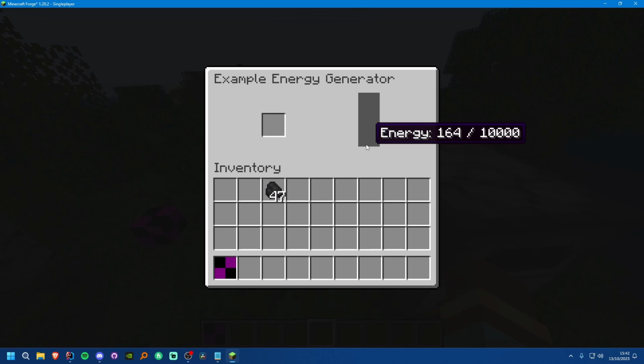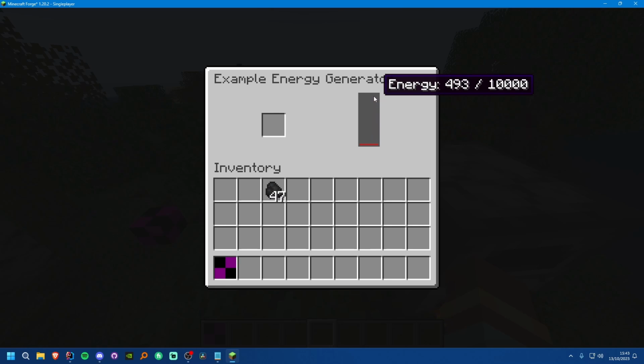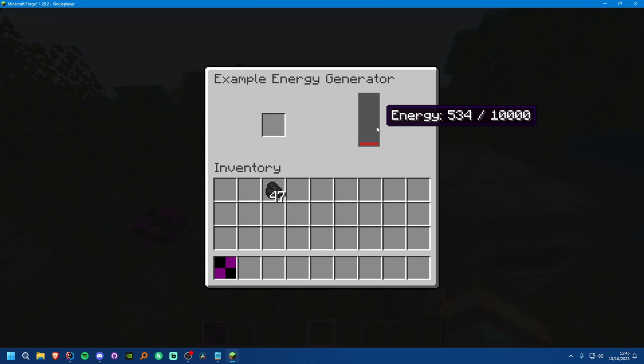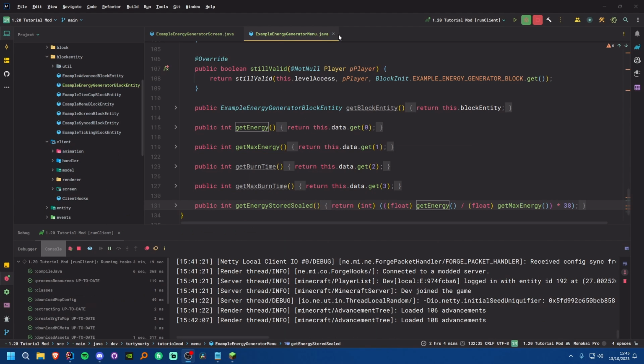Now, when it reaches a certain amount, you'll start to see the bar will be drawn. So I believe that's going to be about 250, and you'll see we get the first bar. About 500-ish, we should get the second bar, and so on, all the way up to 10,000. And this should only increase basically whilst there is a burn time in there. So it's going to be increasing by 1 every tick,